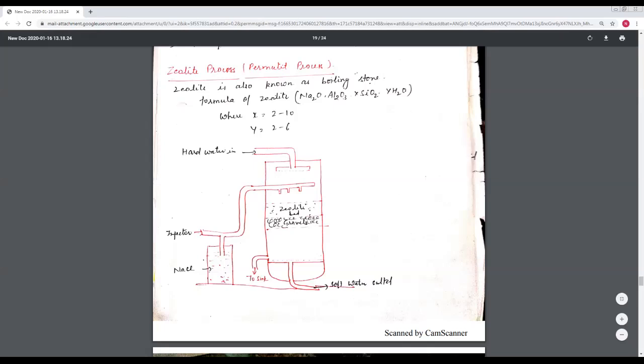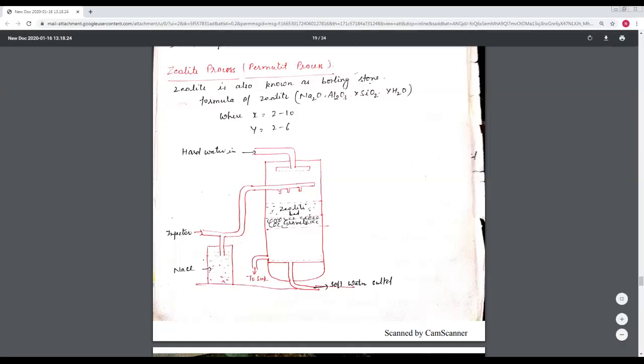So zeolite is found in two forms, the natural zeolite or the artificial zeolite, that is, synthetic zeolite. Natural zeolites are non-porous. So इसको हम ज़्यादा यूज़ नहीं करते हैं, तो हम लोग यूज़ करते हैं synthetic zeolite, because in synthetic zeolite there are so many pores which are created by humans as per our requirement.